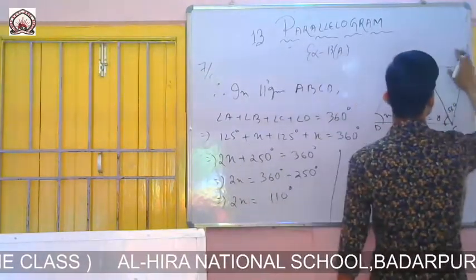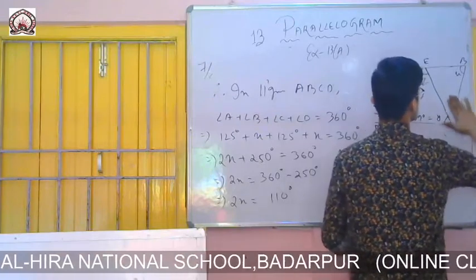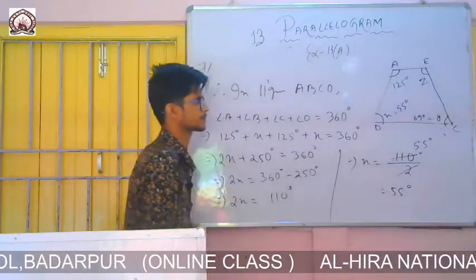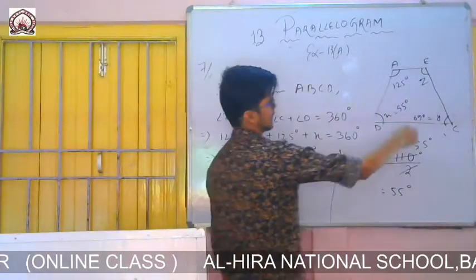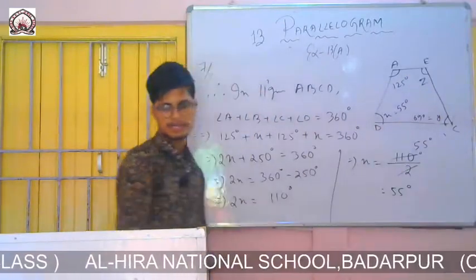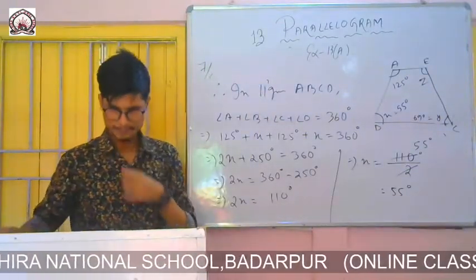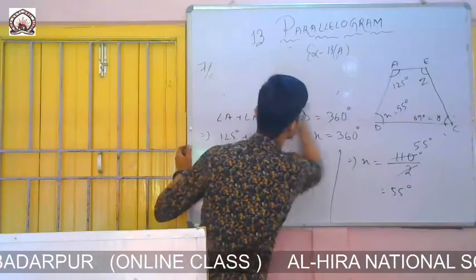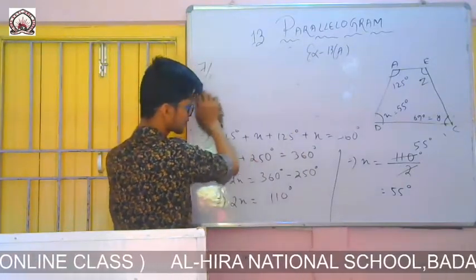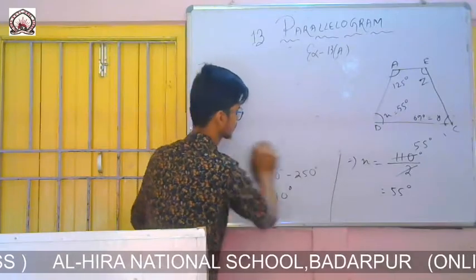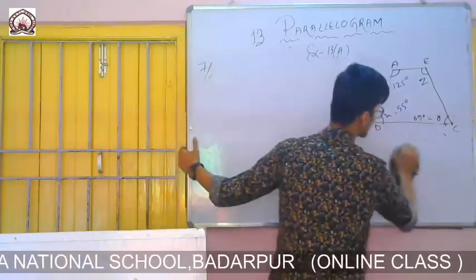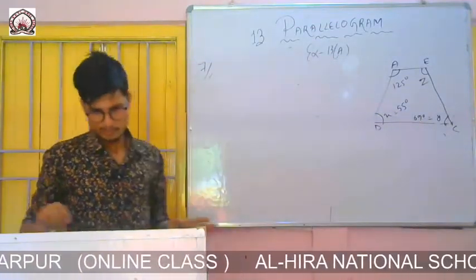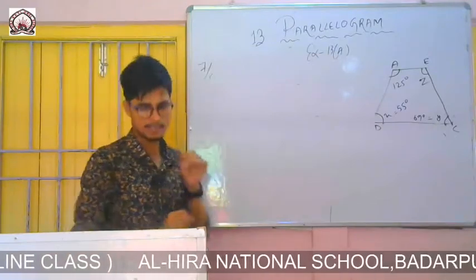So if I simply remove this side, you see it is a trapezium, and the sum of the angles will be 360 degrees. Or you can take it as a quadrilateral. I simply removed that side for understanding purposes only. But while writing, you draw the diagram nicely and then write.